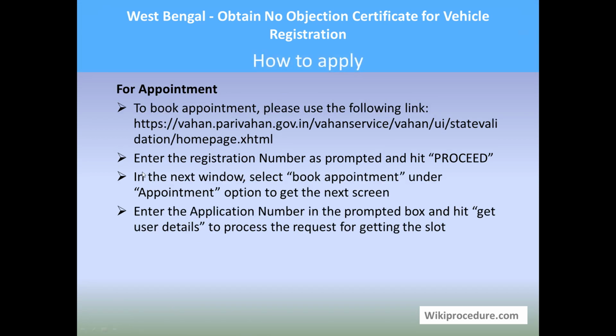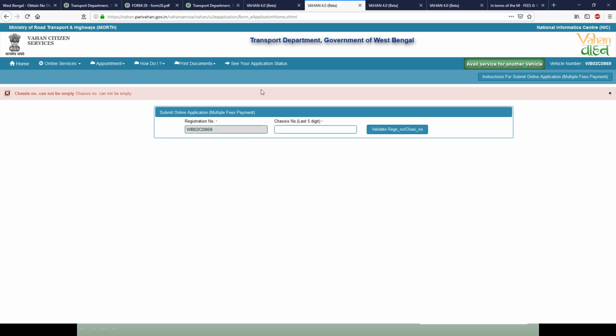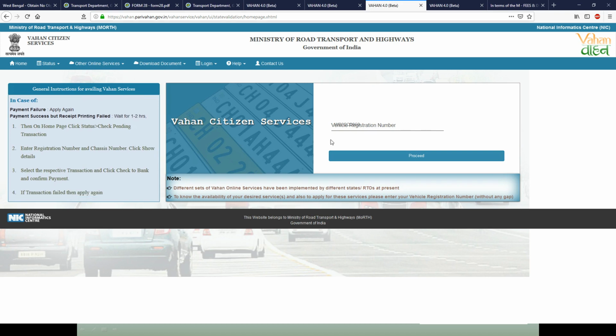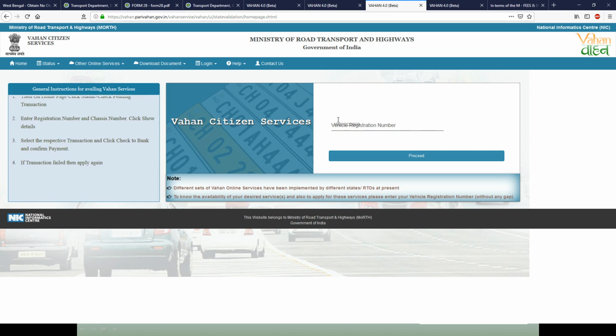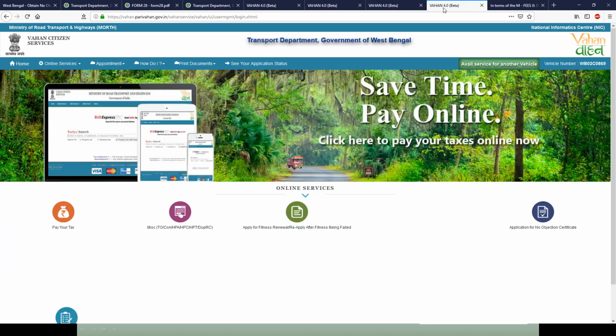For appointments, this appointment session will be useful for a candidate to reduce his time spent at the RTO. This link, which is the Parivahan link, will give access to a page like this. So use the registration number as I said and hit proceed. Once you enter, you will get a screen like this. On the appointment menu, select